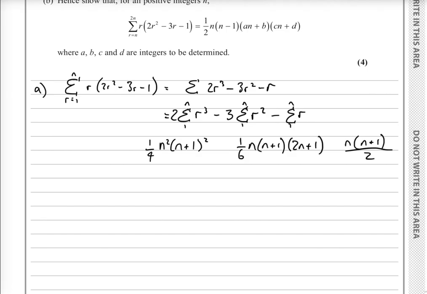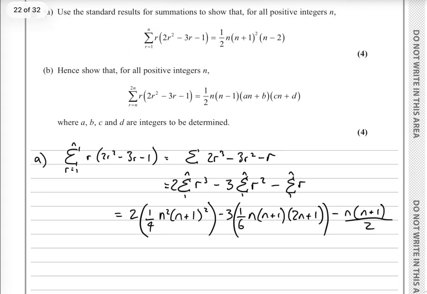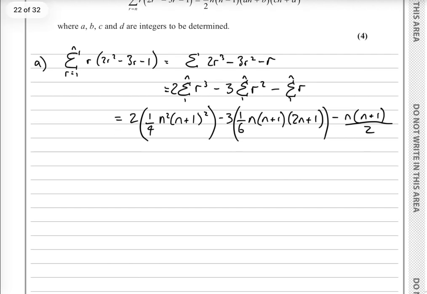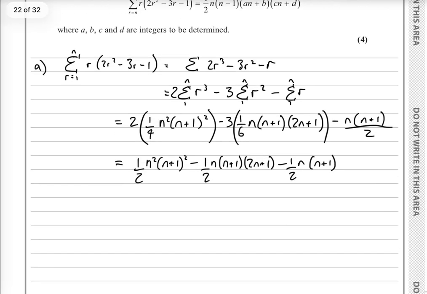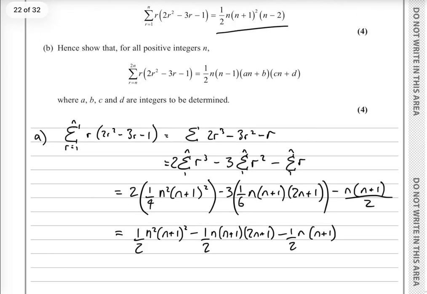here. So I've put each of the 3 there, so we've got 2 lots of this one for r cubed, minus 3 lots of this one for r squared, and then minus this one on the end for the r. Now we need to make that look like this here. I'll just put them all together. Half n squared (n plus 1) squared minus another half n (n plus 1)(2n plus 1) minus a half n (n plus 1), and if we factorize out the half n and